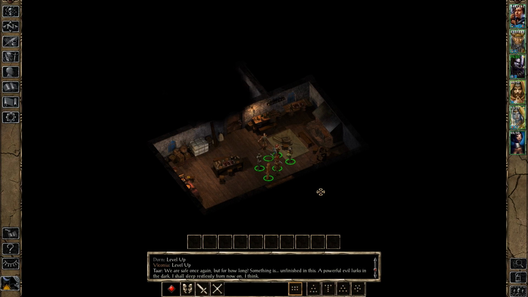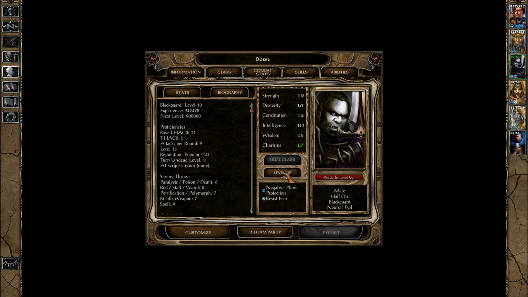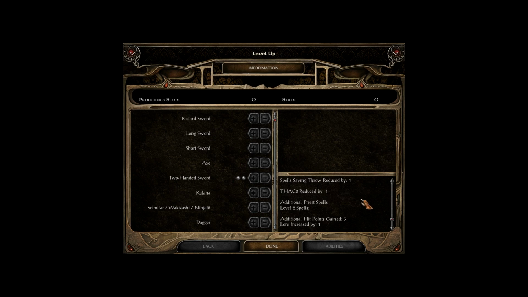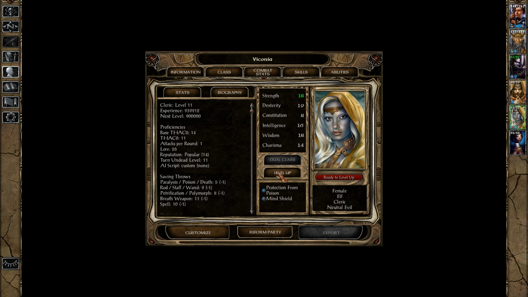Indeed. We have the minor problem of Firkraag still being alive. That's not going to be the case for much longer, though. Let us level up Dawn. Dawn gained 3 hit points, and lots of saving throw reductions, and some Thaco, as well as some more spells, which is always useful. As for Valconia,